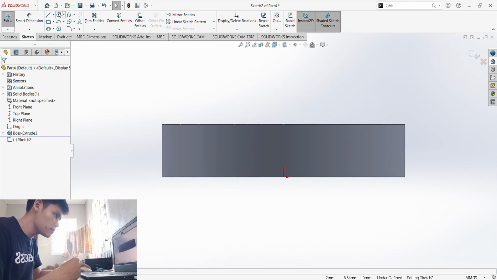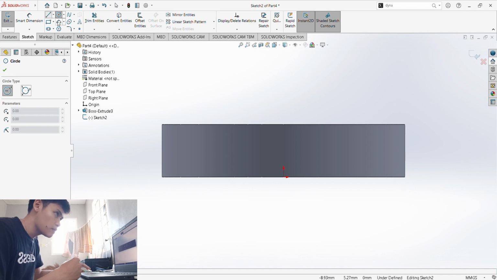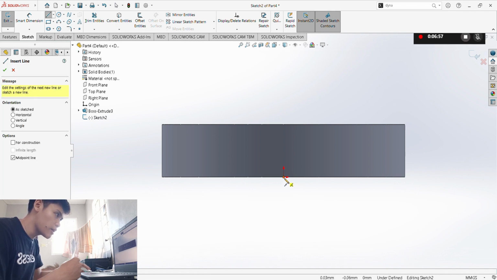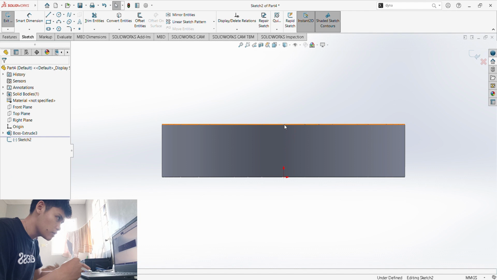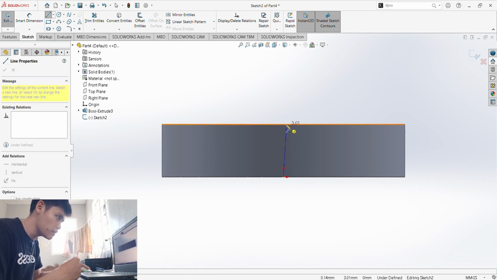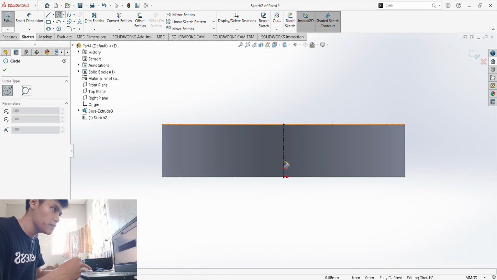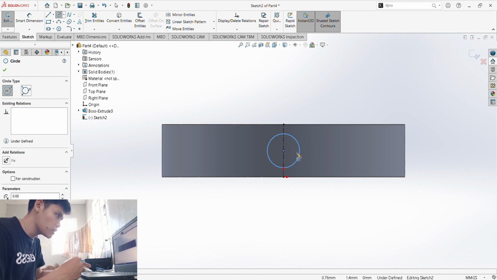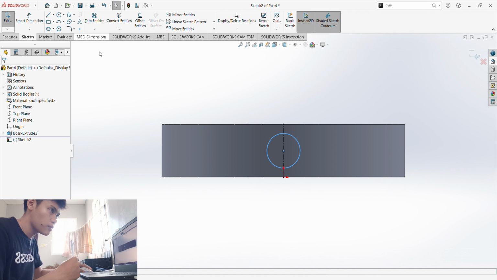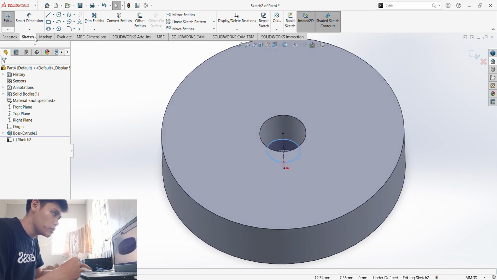Go to the front plane and then make a midpoint line, rather a reference line for construction, which is the center line. And next, press escape, we just make this one here, go to the midpoint or to the midsection, make this one at least 1, then check, and then we go with sketch again.